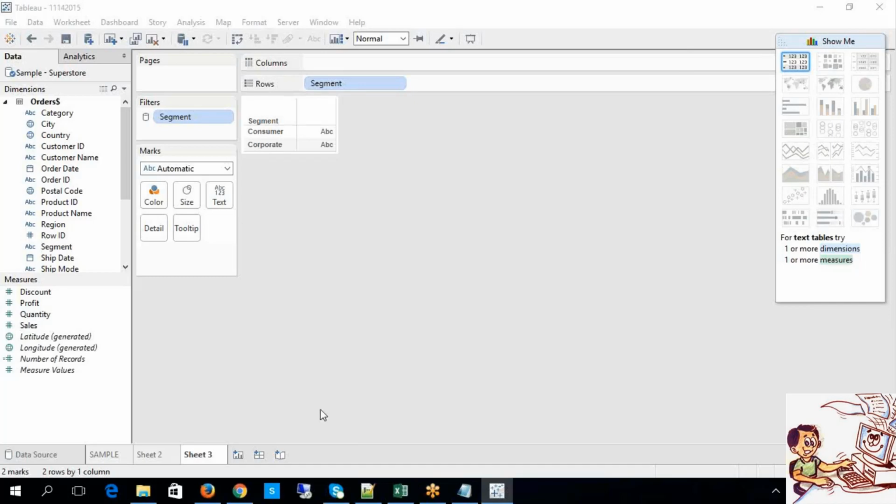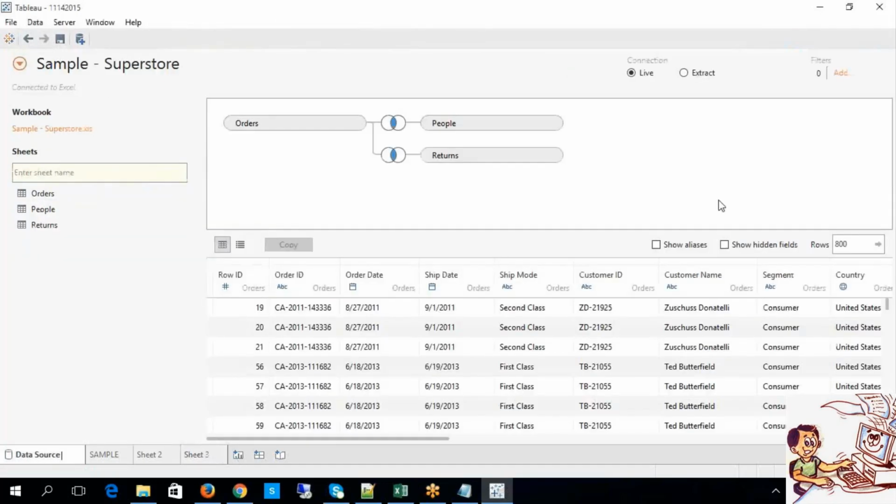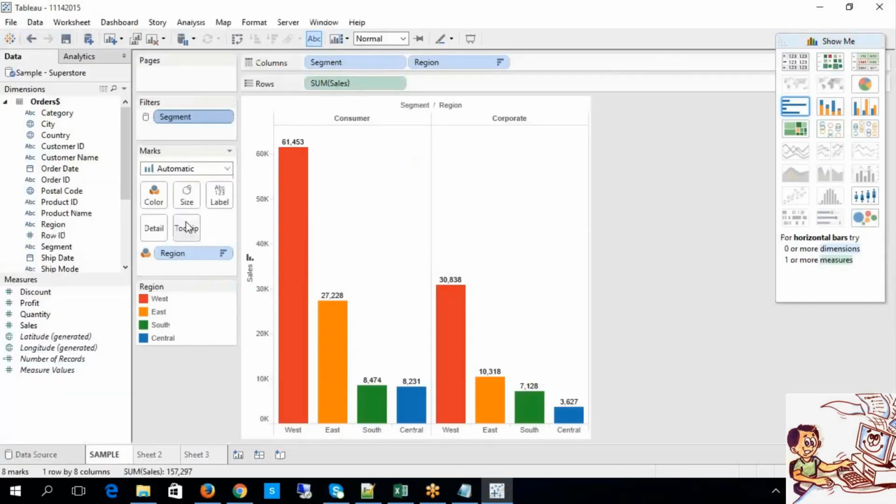Exactly, it's a good point. Data source filter, you are filtering at a data source level itself, right? Which means before retrieving the data into your worksheet, you have applied a filter, isn't it? But here it is not like that. The data has been retrieved into your worksheet, but on top of it, it is going to be applicable on all the worksheets, whatever you are going to use, which are dependent on this data source.